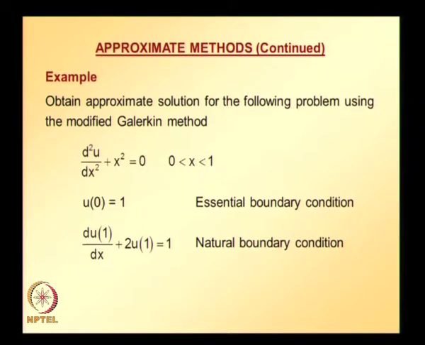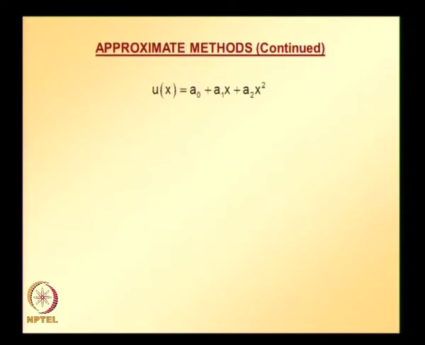To solve this using the modified Galerkin method, we defined the residual, multiplied the residual with a weight function which is the partial derivative of the admissible trial solution with respect to the unknown parameter, integrated over the problem domain, equated to 0,